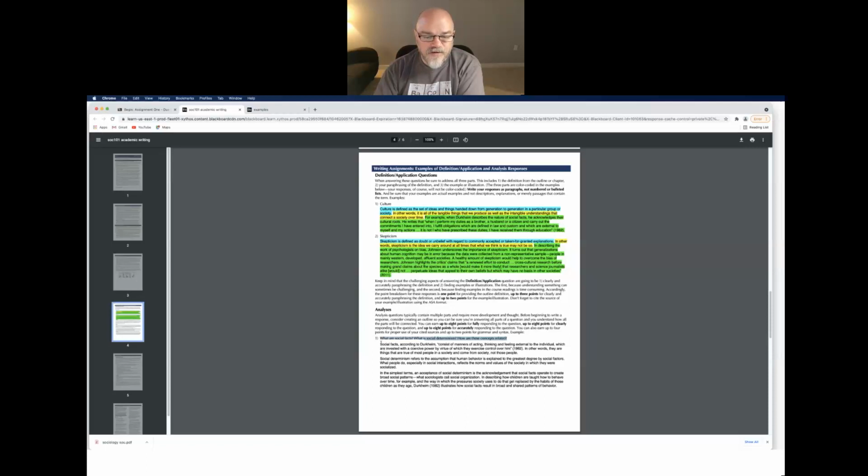So the first part of my response here to this question is a few sentences long, in which I give a definition of social facts, including a paraphrased version of that. The second part of the response responds to what is social determinism, also sort of a definition and explanation, and then a third paragraph in which the 2 concepts are connected, which is the last part of the question itself. So just make sure that you are responding fully to each of the parts of the question, because again, you